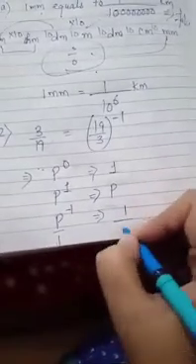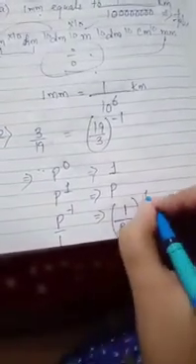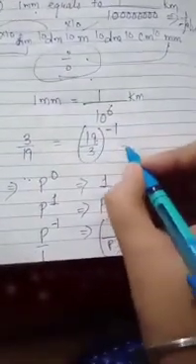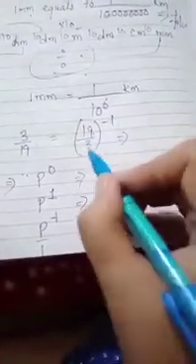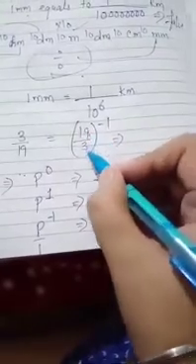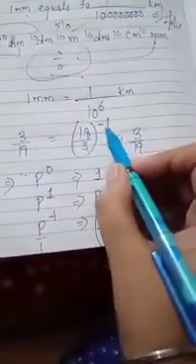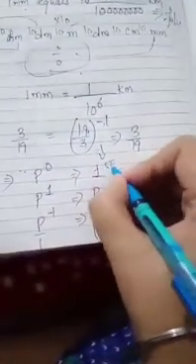See, it's p by 1. We have to convert into positive. How conversion into positive? 1 by p raised to power 1. So in that statement, 3 by 19, 19 by 3. If we change 19 by 3, there is a negative exponent. To change negative into positive, the terms will be reciprocal. So it becomes 3 by 19. Yes, 3 by 19 is equal to 19 by 3, exponent is minus 1. So that statement is true.